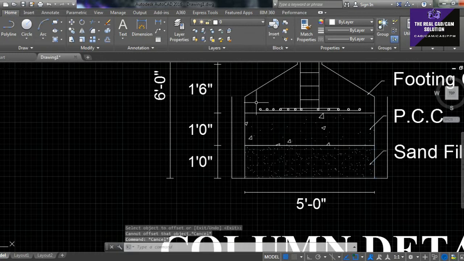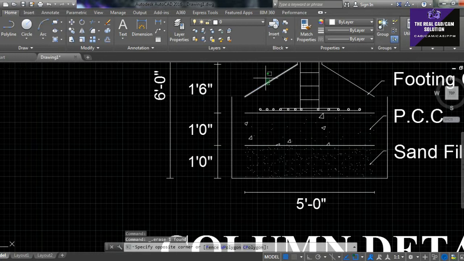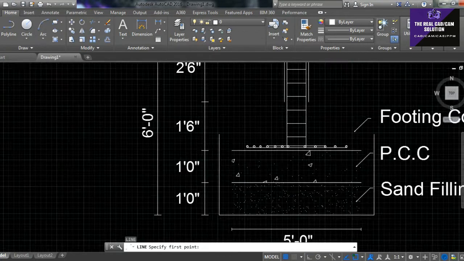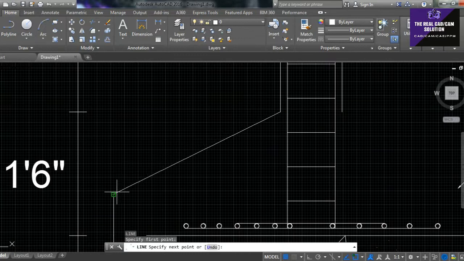Then go and delete this area. Just join towards the top of the column. Draw like this and draw like this.